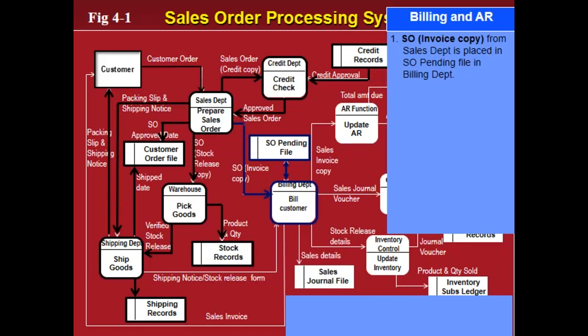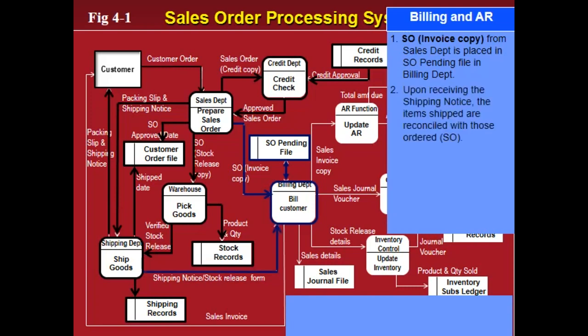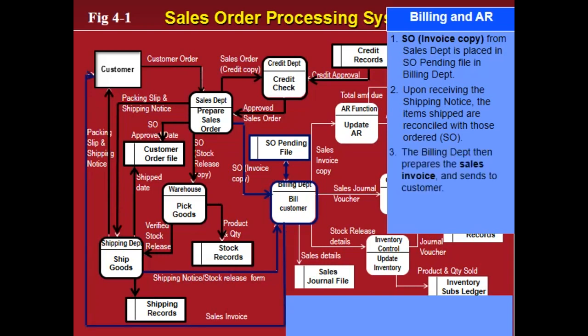Upon credit approval, the billing department receives the invoice copy of the sales order from the sales department. This document is kept in a pending file until they receive the shipping notice and stock release documents from the shipping department after the shipment of goods. When the goods have been shipped, the shipping department sends the shipping notice and stock release document to the billing department. Here, the billing staff then retrieve the invoice copy of the sales order from the temporary file and reconcile the information. When all the information is in order, the billing staff then prepare the sales invoice and send this